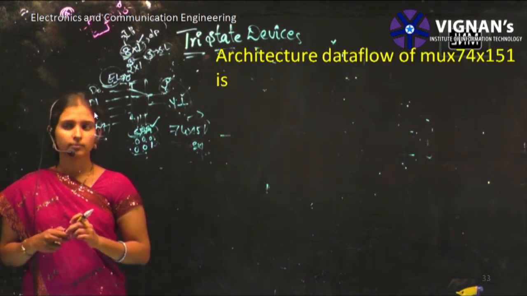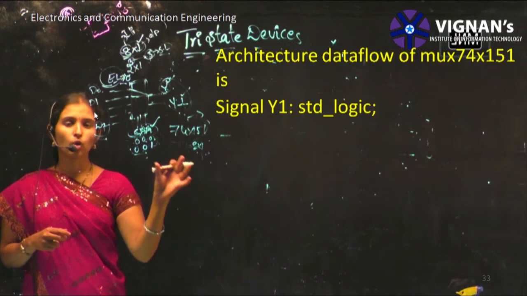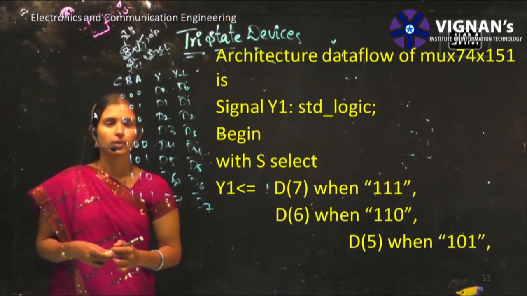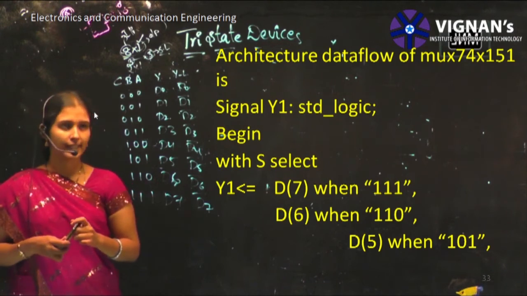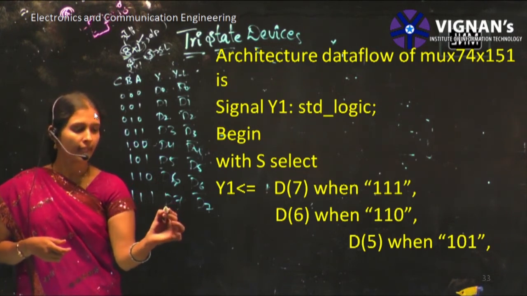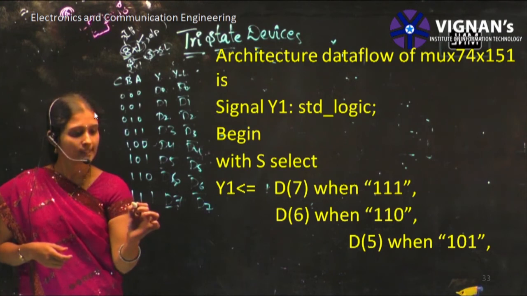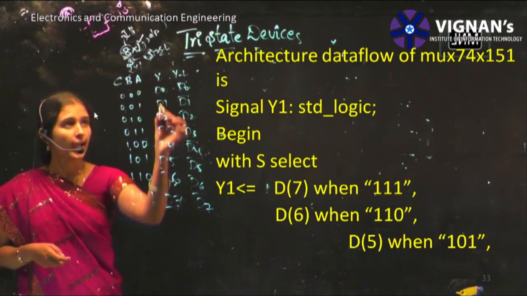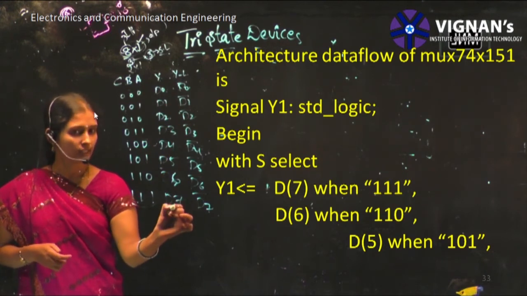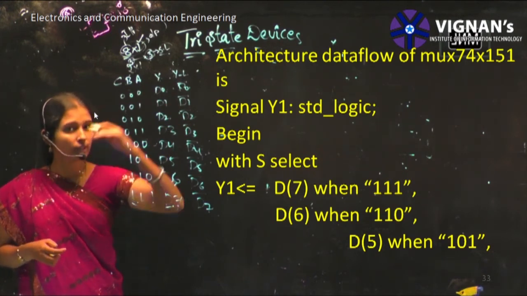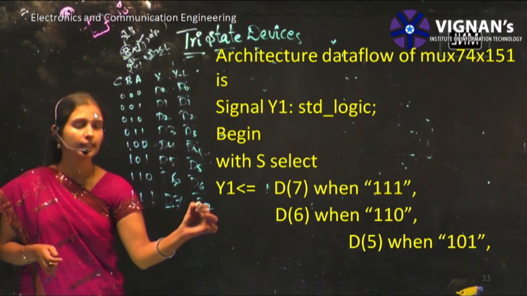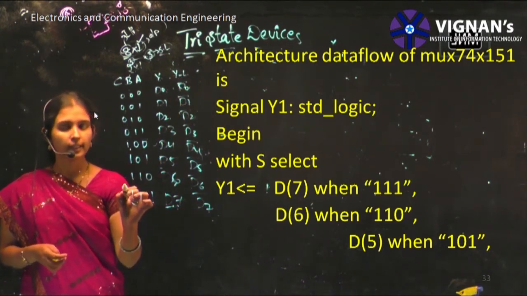Next, now we'll write it for data flow. How are we going to write it for data flow? See, they are using data flow. That means when the selection lines are 111, I'll get Y as D7. The D7 input will be assigned to your output. At active low I'll get D7 bar. Similarly,